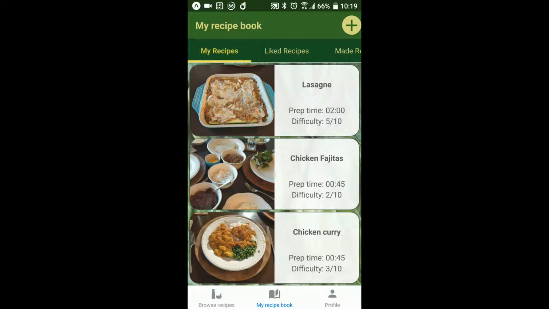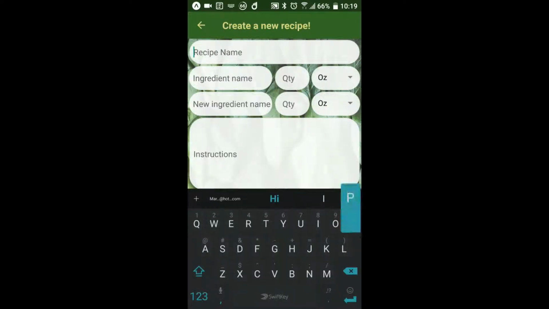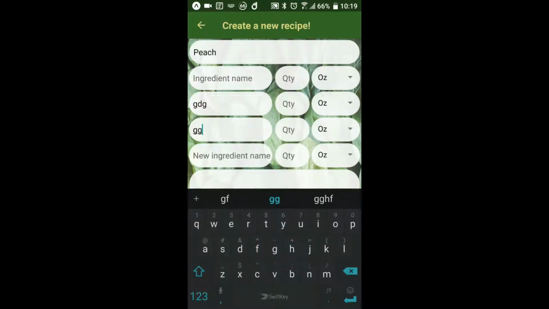If I want to add a recipe to the database, I can click the plus button, and this brings up a simple form for creating and adding a recipe. I give it a name, and I'm just going to call it a peach. And then I have a list of ingredients, just 2 to start with, but every time I add an ingredient, another will